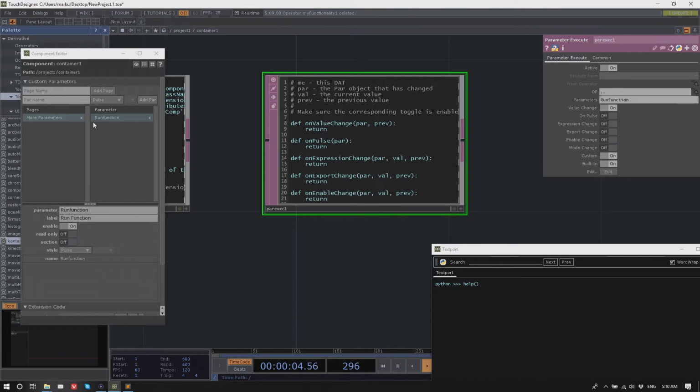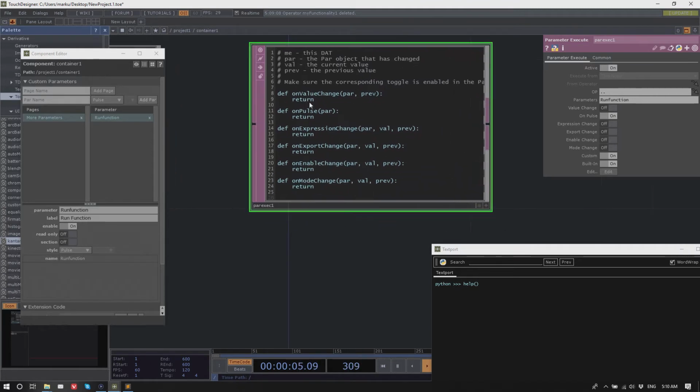And because it's a pulse parameter, I would say run this script on pulse. And in the DAT itself, I can see that I have all these functions here. There is onPulse. So if I turn onPulse on, then this function is executed whenever a pulse parameter is received.